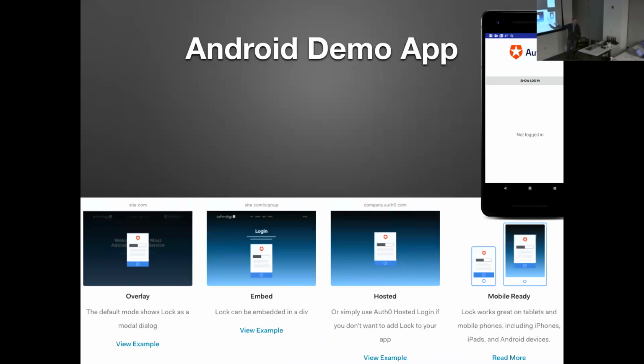Depending on your type of application, if you are mobile or if you're web or some other thing, what would you use to choose between those, or why did you choose that one versus the other one? I chose this one because the very first sample app that they give you is that way, and it's the most simple. I've also, in the presentation last year, I did the mobile ready, which I think they just called Lock. I think they've changed the name. But then it's more native, it's not going to WebView or things like that.